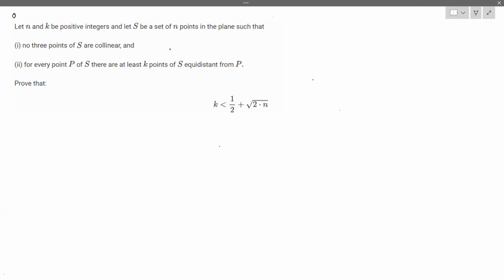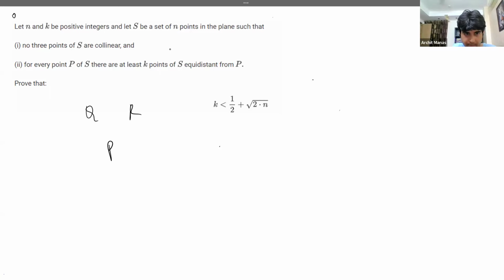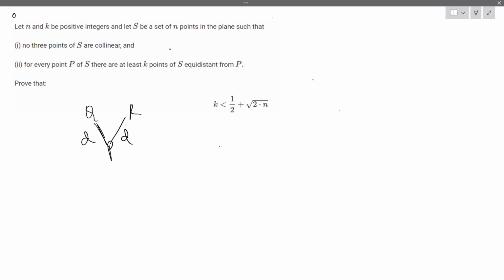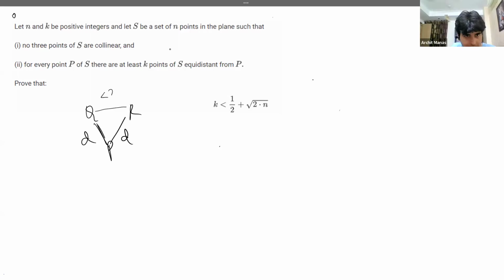So we could try the distances between the points. What do you mean distances between? So if, let's say, Q and R are equidistant from P, distance D, say, then QR is less than 2D. Okay. Yes, that is correct. How does that help us? Haven't really thought of that, but